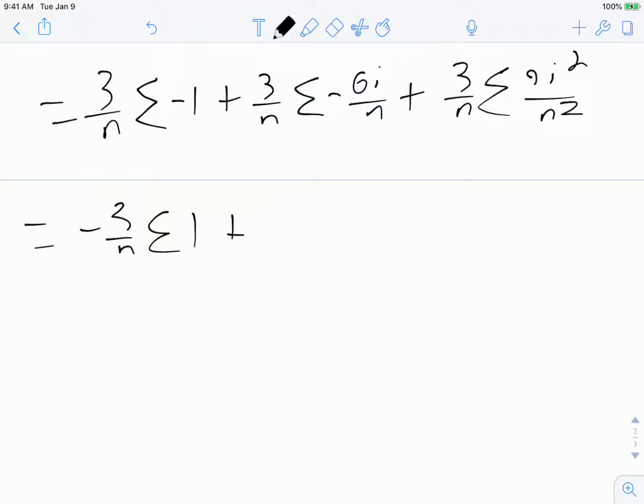Plus, if I take out a negative 6 over n and multiply it by 3 over n, I have negative, so I'm going to change this to minus 18 over n squared. And then I'm just left with the sum of i. My summation symbols are getting sloppier as I get tired of writing so much. And then if I take out 9 over n squared, I have 27 over n cubed